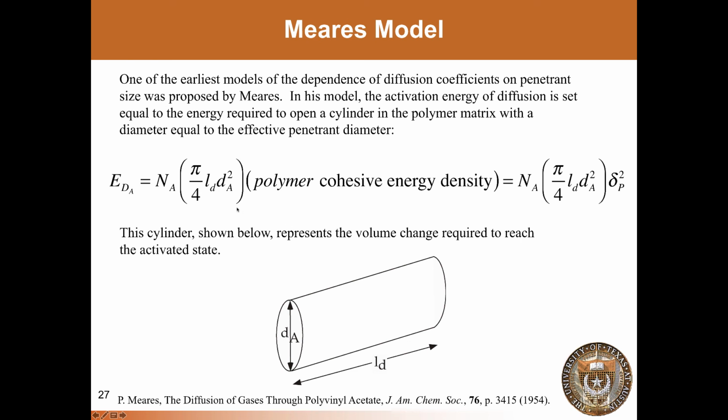On the other hand, penetrants that require a large value of d sub a in order to execute a diffusion step are also going to have very high activation energies. And so we'll show a couple examples now